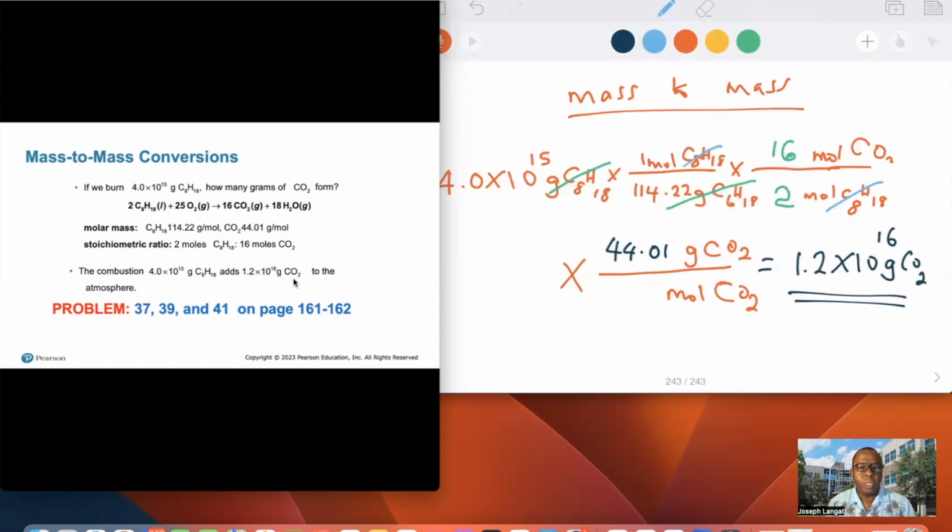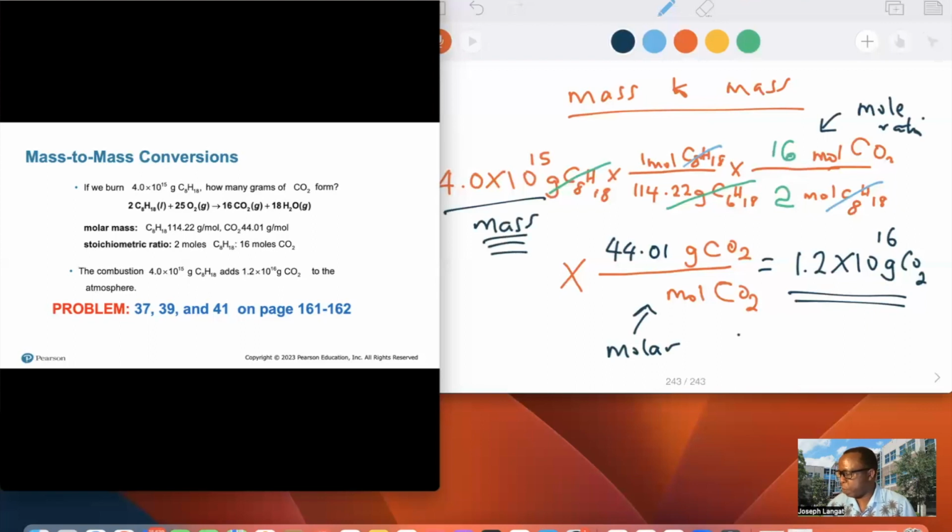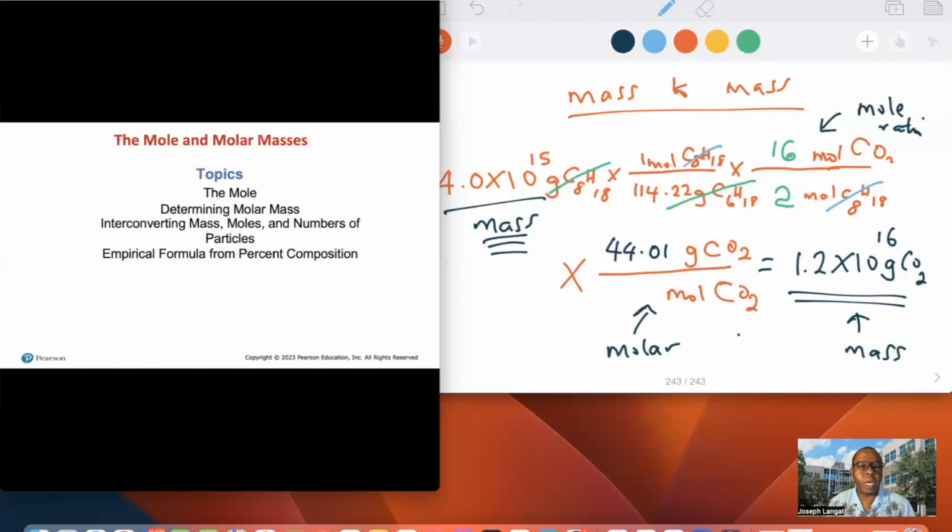With this, you can see two significant figures because of the two significant figures. You have to figure out, this is the molar mass of CO2, this is the mole ratio in the balanced equation, and this is the mass right here. We started with the mass, we ended up with the mass right here, so it is mass to mass. I have problems at the end of chapter. You can try 37, 39, and 41 as a practice to know that you can handle mass to mass stoichiometry,